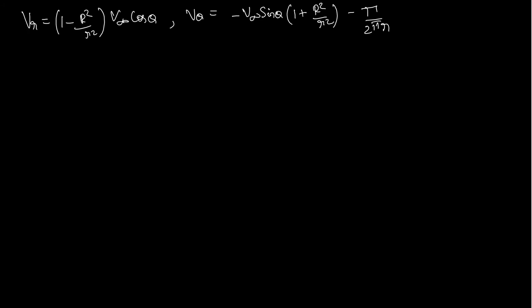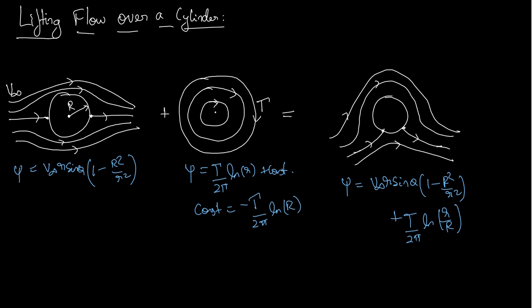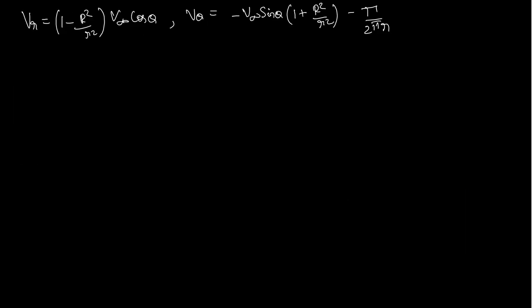And to locate the stagnation points, because we have observed here that the stagnation points got shifted. They are not on the diametrically opposite points anymore. They've got shifted to these 2 points. So let's try to calculate the stagnation points and see if that checks out. So to do that, we equate Vr to 0 and V theta to 0. When we do that, we get theta to be sine inverse of minus gamma over 4 pi V infinity R. I am not going over the calculations, it's taking a lot of time.